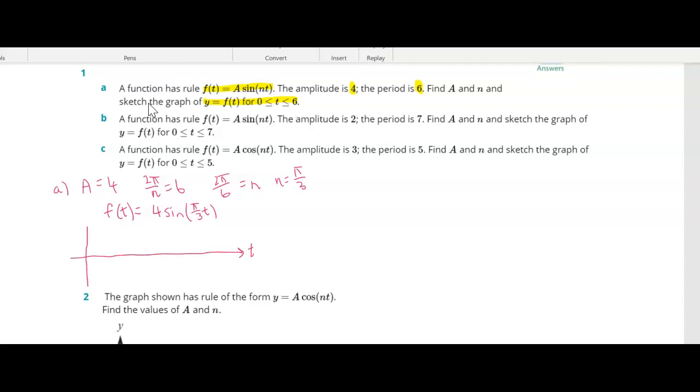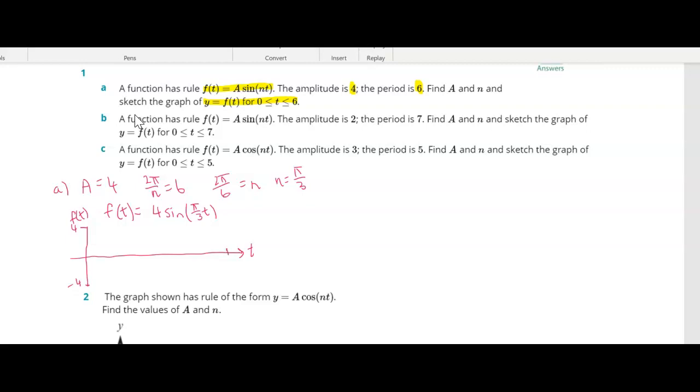All right, so that's t, and up here is f of t, and we're going from 4 to -4. We haven't had any vertical translations. We haven't had any horizontal ones either, so it's not going to be a difficult one to draw. All right, our period is going up to 6, and we also have to do our domain is up to